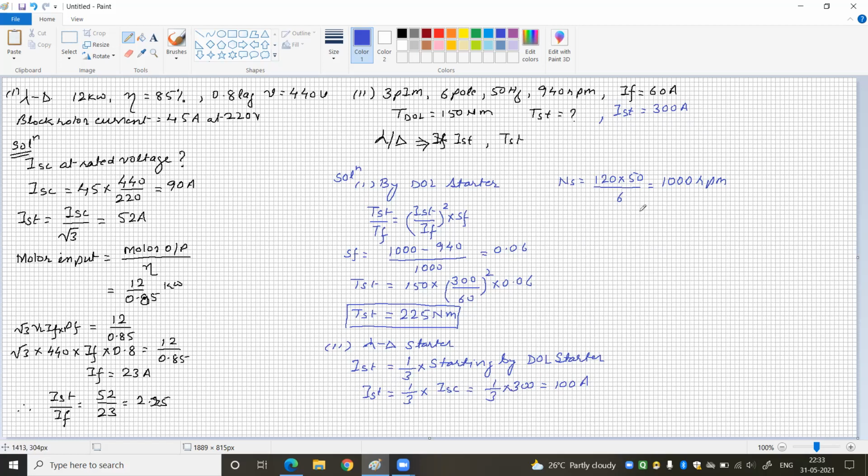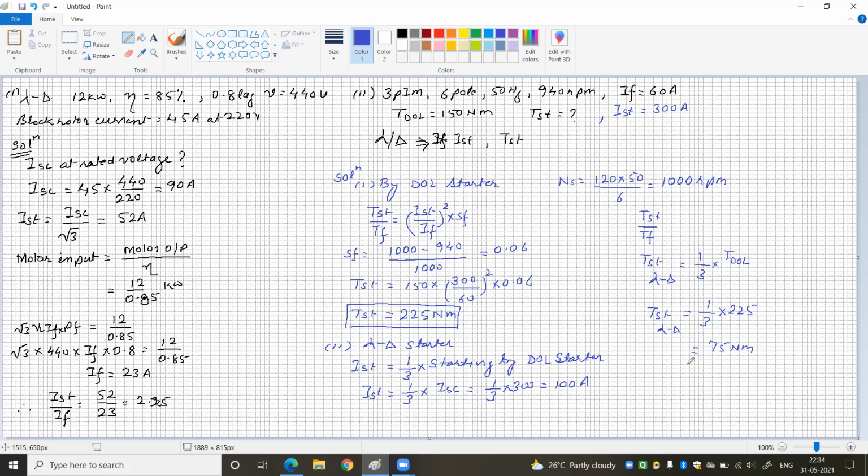Now the starting torque by the star delta starter is simply equal to 1/3 into the torque developed by the direct online starter. So T start by star delta starter equals 1/3 into 225, which is equal to 75